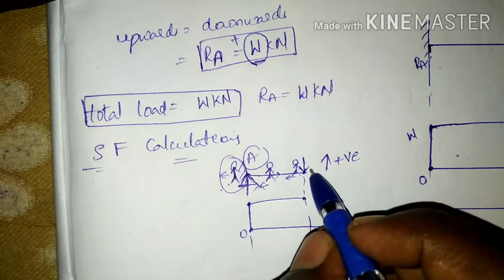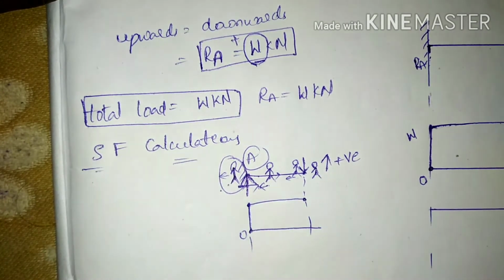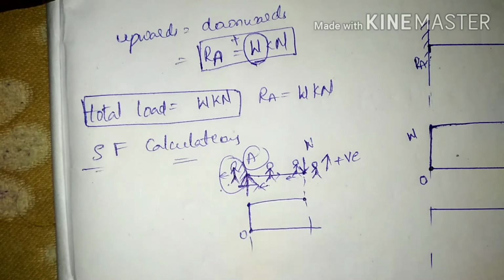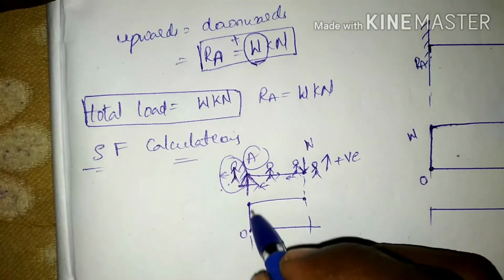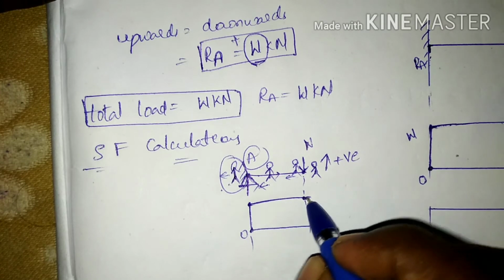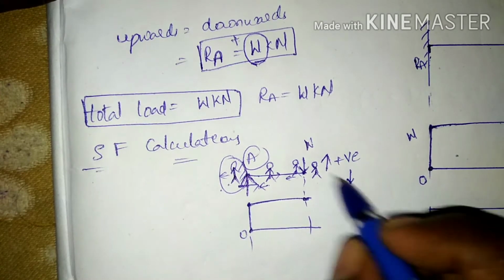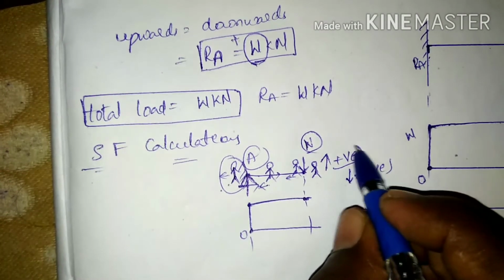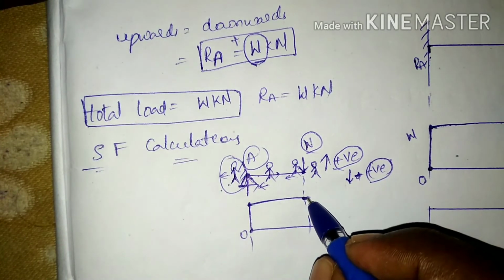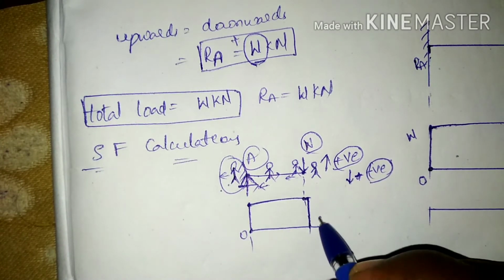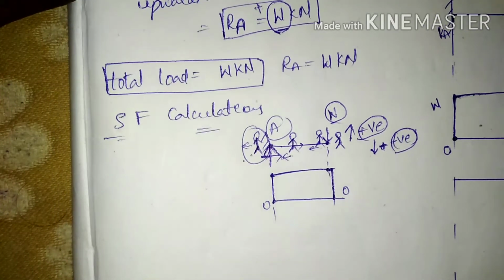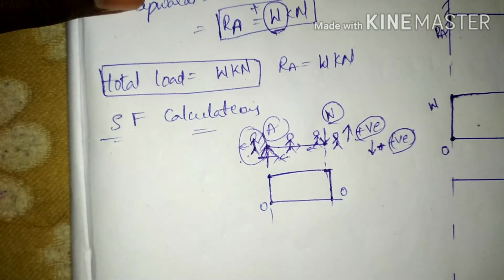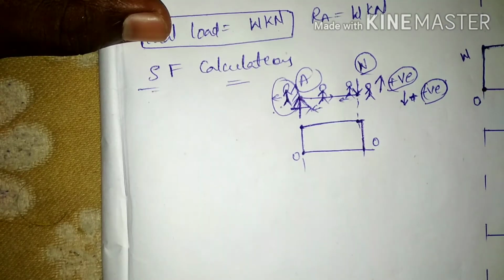And next I am going to stand after the load, the downward load, that is W kilonewton, here. It is in the downward direction, so here the upward direction moves continuously, and suddenly a downward W kilonewton is acting, so it becomes negative. The positive reaction and the negative reaction become 0 again. Here it is a simple definition. We are going to draw the simple diagram and write a simple calculation here.